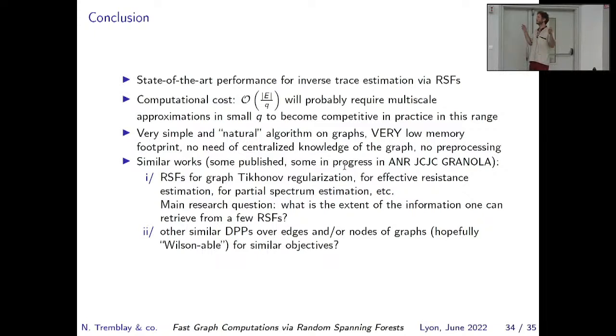Which ones are Wilsonable, in a sense? Which ones can be sampled very fast? Because this is the foundation of all this work, Wilson's algorithm. And if some of them are Wilsonable, by Wilsonable I mean linear and over edges, what can I extract as a type of information? We've been working currently on forests of unicycles, for instance, some generalization, but there are many interactions that I'm sure will be fruitful. So thank you for your attention.